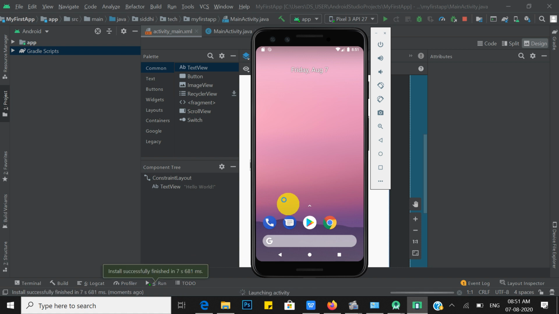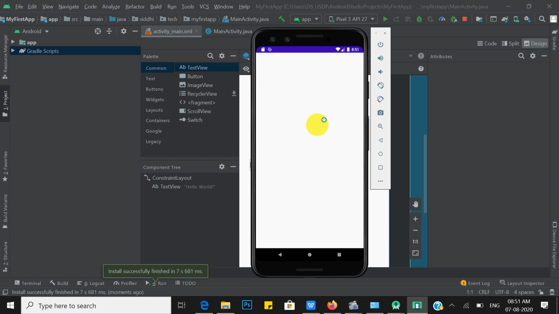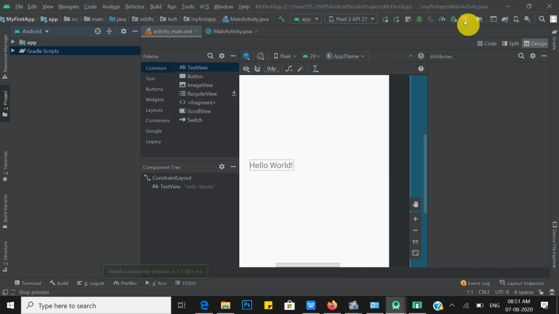After successful installation and completion, finished. Okay, so now my app, that is my first app, is displayed with the text Hello World. Great. This is all about how to run your app on your emulator, that is an Android virtual device. Great. So after that you can stop it.